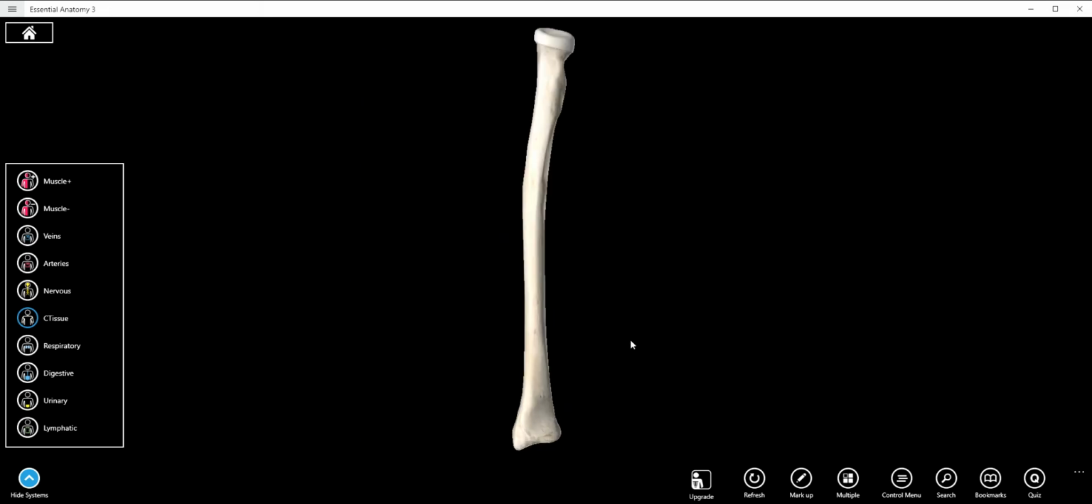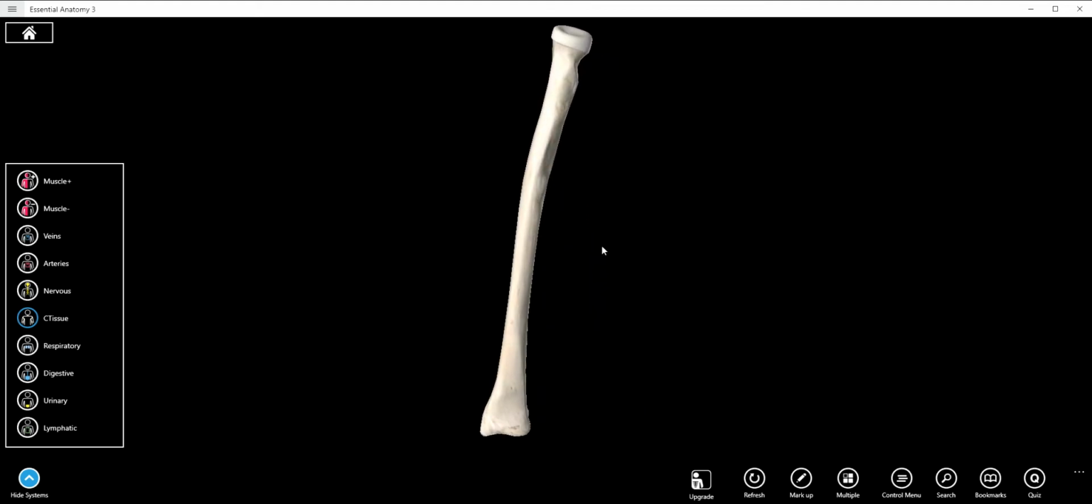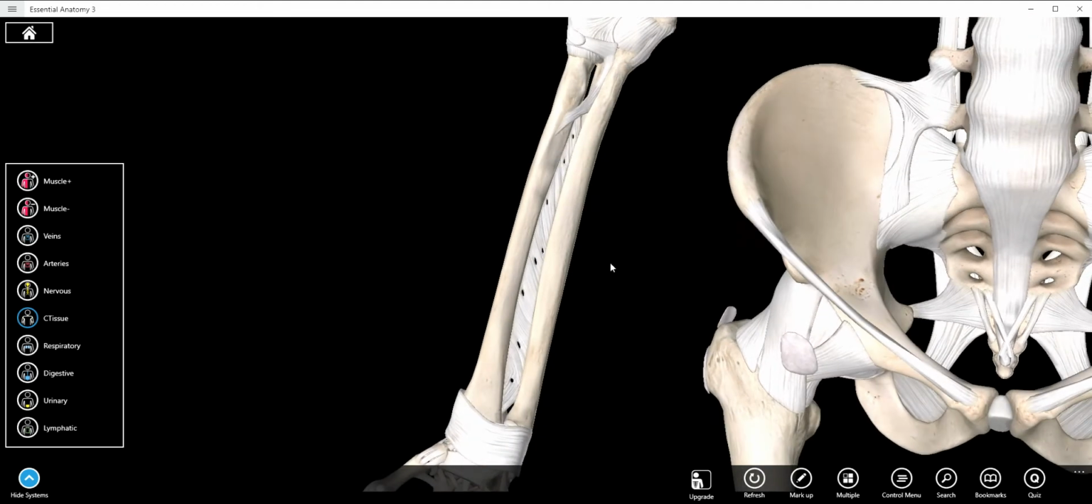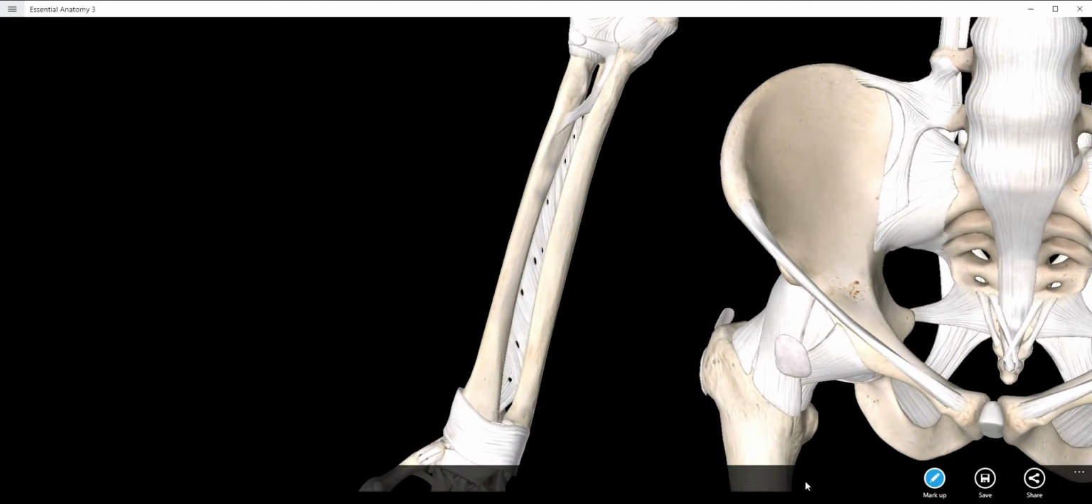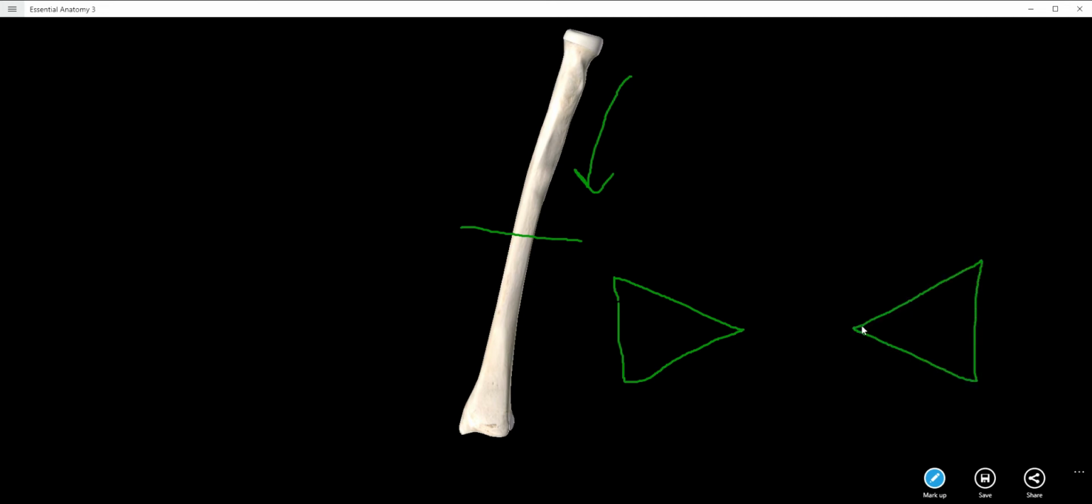Now, when we talk about the shafts of long bones, what we're typically talking about is their borders. So if we add the ulna back in, we can see that the ulna is medial to the radius, which means that this border here, the medial border of the radius, is going to be sharpest. If we were to cut the radius and then look down at it from a superior view, we would see a triangle that looks like this. Now remember, the ulna looked like this,